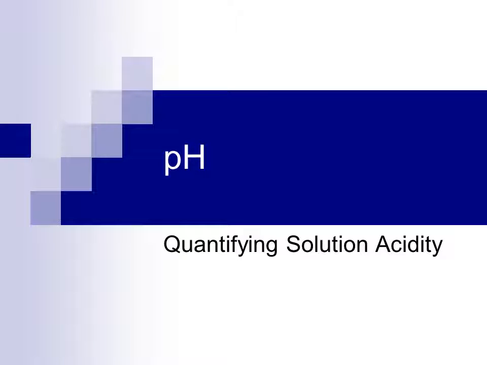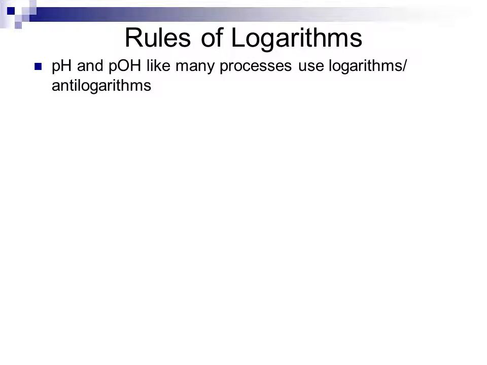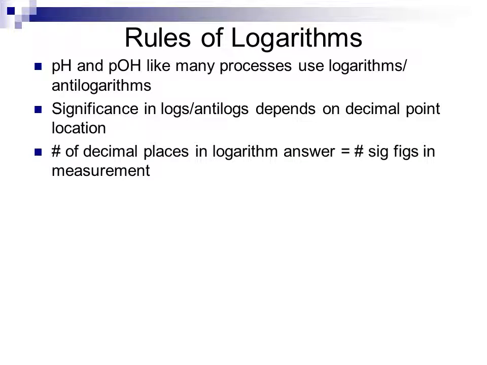pH, quantifying solution acidity. In order to understand pH and pOH, we have to first understand rules of logarithms. Like many processes in chemistry and other fields, pH and pOH both work on a logarithmic or anti-logarithmic scale. The significance of figures in logs and antilogs depends upon the decimal point location of the figure that is reported. The number of decimal places in a logarithm answer is equal to the number of significant figures in the measurement